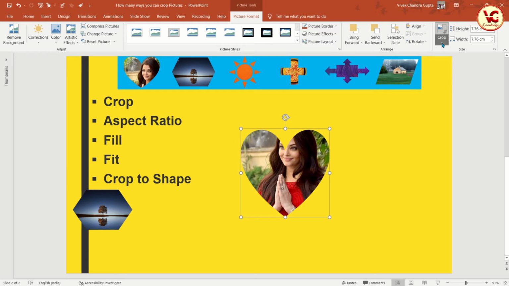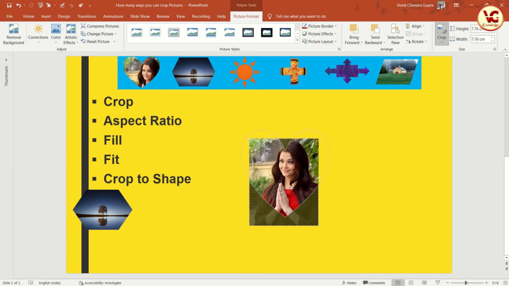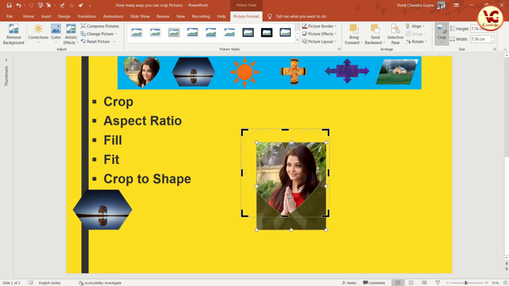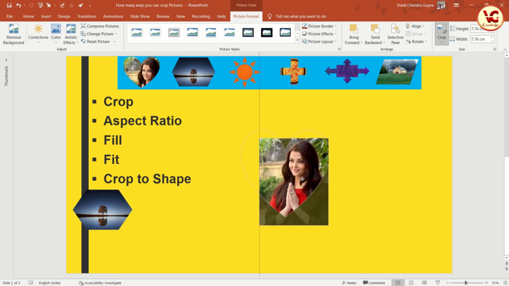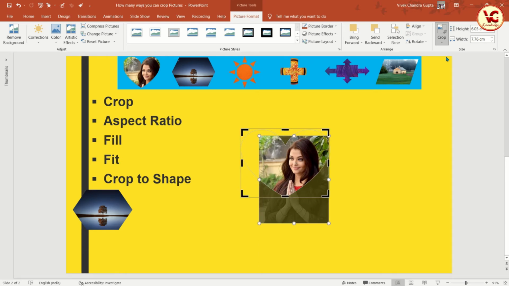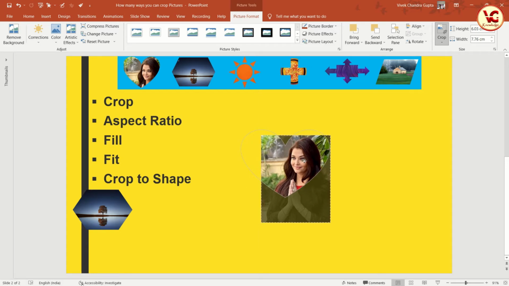So what we can do, we have to go to fit. Now we can adjust this, right? And we can adjust the image. So this is the use of fill and fit, right? So use this carefully.